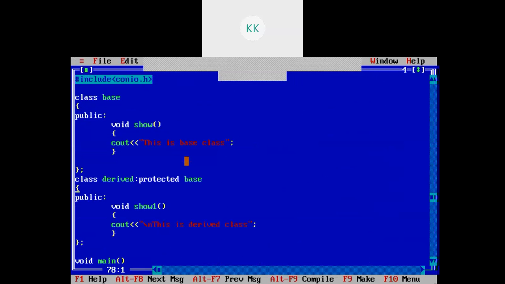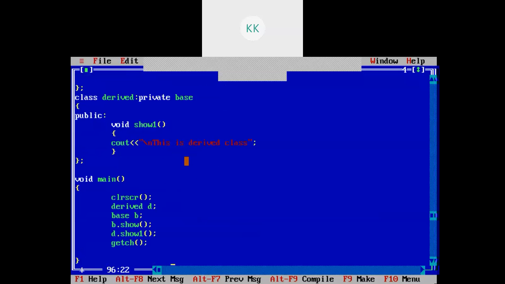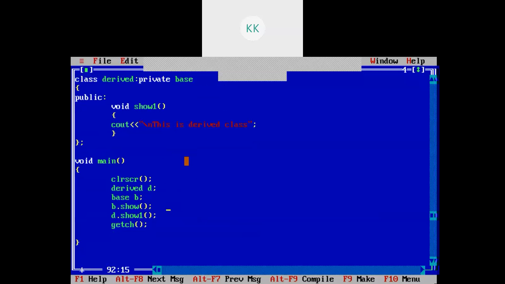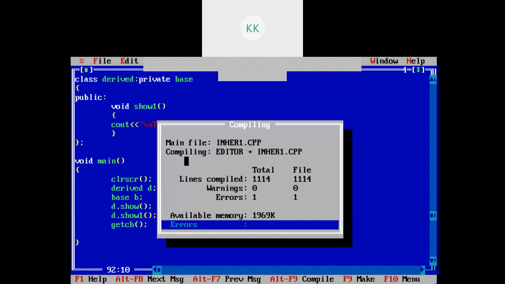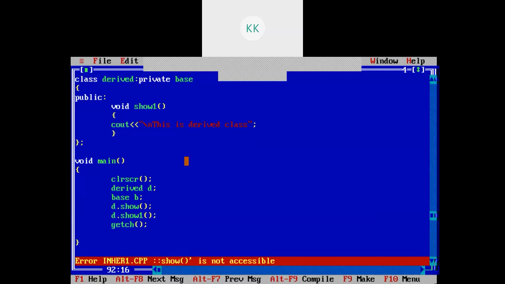And if you use private here again, you will not be able to access this using object of derived class. Again it will show an error. Okay, it is showing an error, show is not accessible.